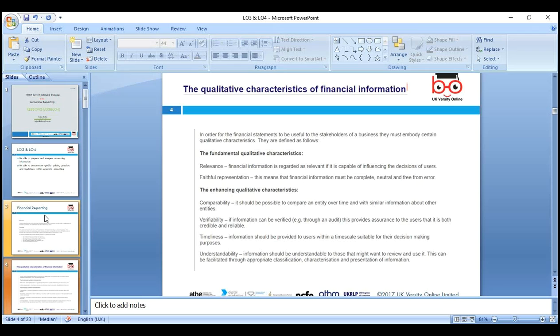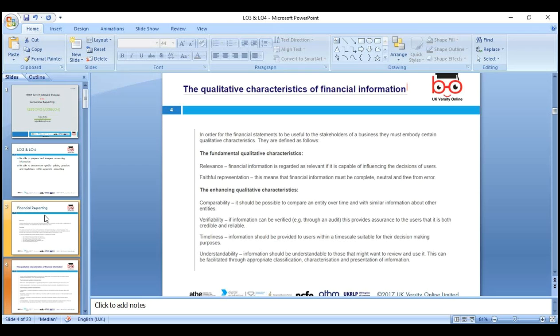Statement of profit and loss, also known as income statement. Second, the statement we call balance sheet, also known as statement of financial position. Third, the cash flow statement, or statement of cash flow. And the fourth statement is compulsory for a public limited company to produce as well: the statement of changes in equity, also known as the shareholder statement. So all these are the 4 statements we need, and there are fundamental qualities needed in these statements.